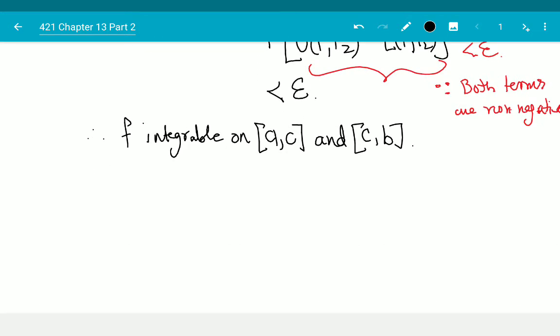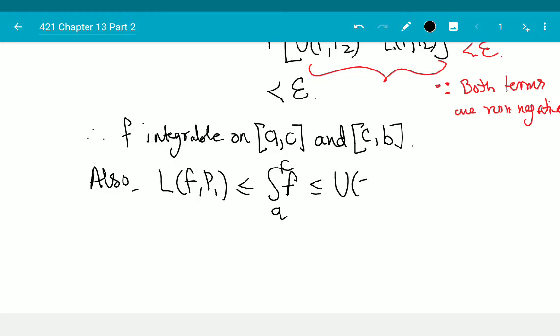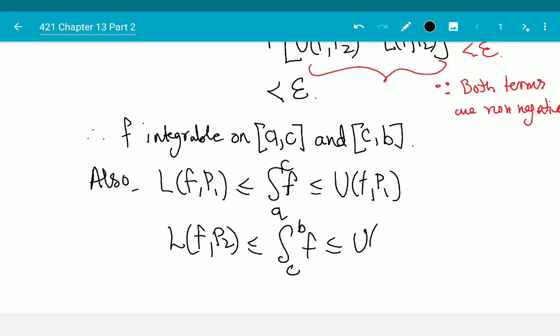Great. And also L(f,P1) is smaller than or equal to the integral A to C of f, smaller than or equal to U(f,P1), and L(f,P2) is smaller than or equal to the integral C to B of f, smaller than or equal to U(f,P2),